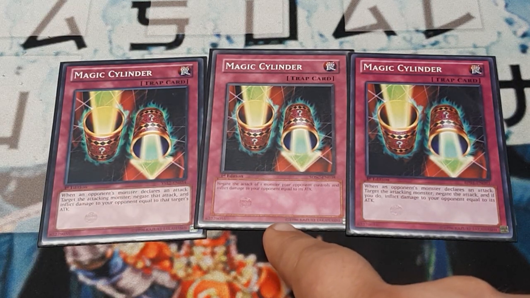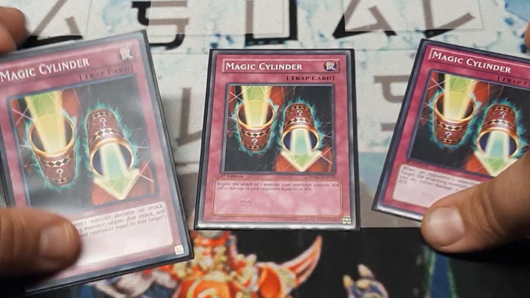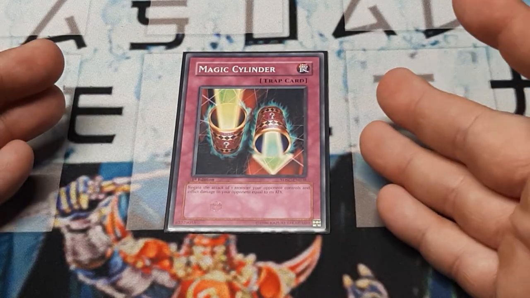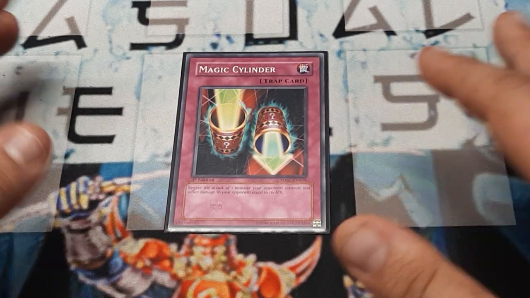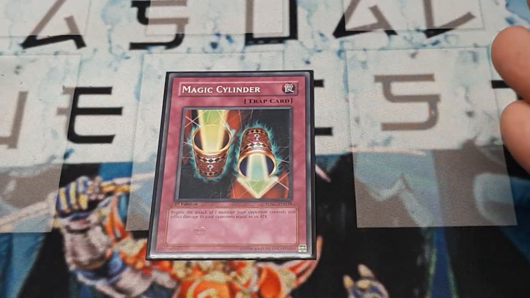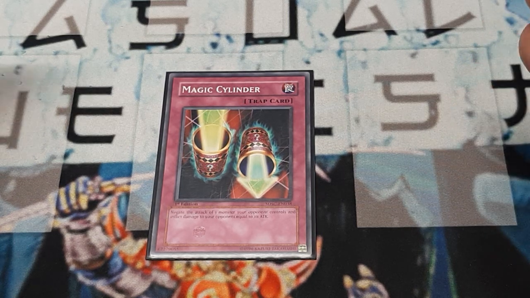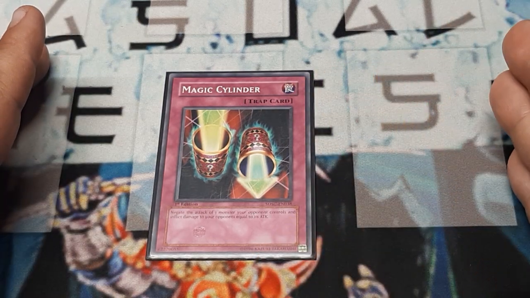It says negate the attack of one monster the opponent controls and inflict damage to the opponent equal to its attack. Now, right now it's considered to be non-targeting, which we know to be false because the newer one's right here. We'll go over that in half a second. But we will essentially be able to negate one attack and turn it into effect damage for our opponent to take. So right off the rip, if this was the final variant, I would have to immediately say,